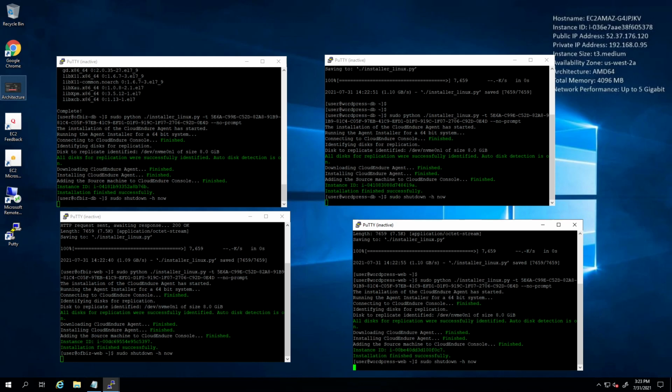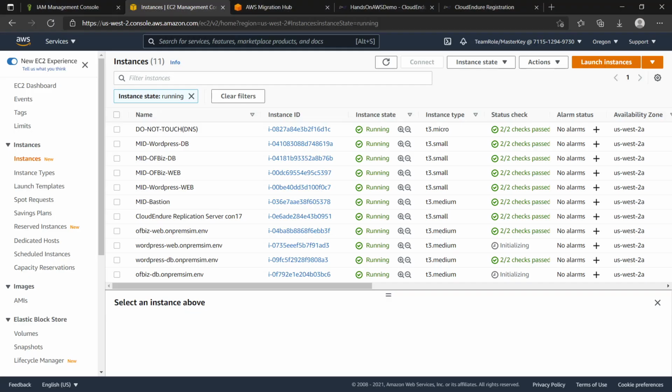All right. What we'll do next is update the DNS for each of the 4 new servers to use the fully qualified domain name for each of the 4 application and DB servers. For that, we will go to the EC2 console and note down the private IP address for each of the 4 servers. So here you look for this on-prem sim.env in the name,